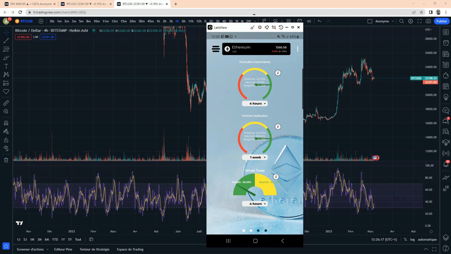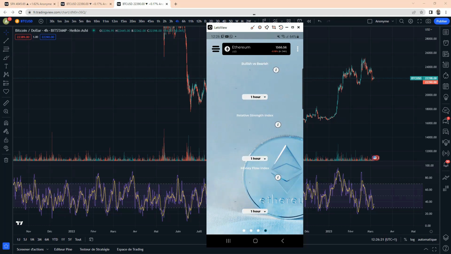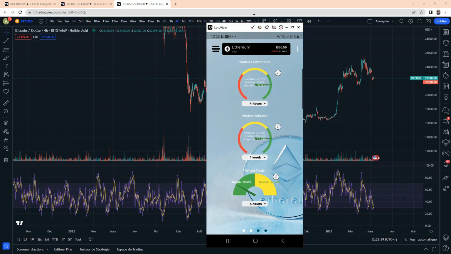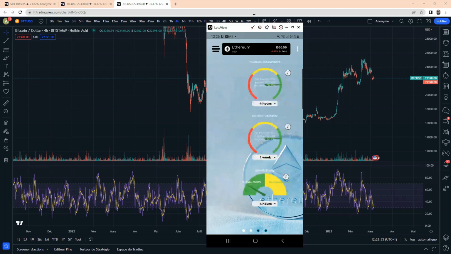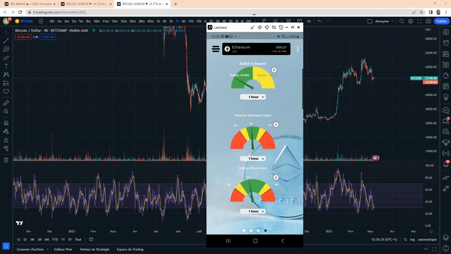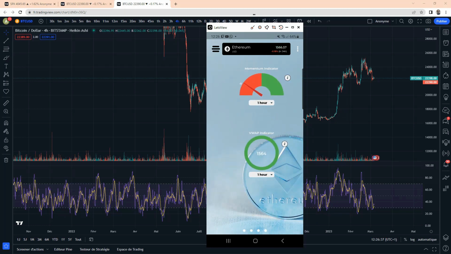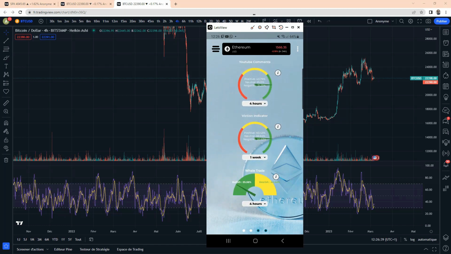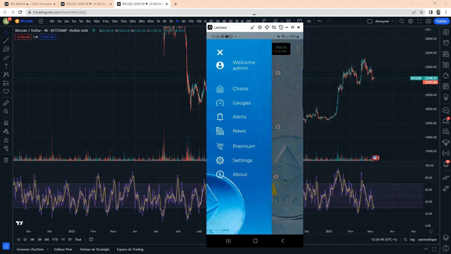On YouTube comments right now on Ethereum, you can see they're positive. RSI and money flow are pretty neutral. Everything is pretty neutral actually. So the market is not really moving at the moment. We're waiting for some price action. But in any case, just take a look at the app. You have 7 days free